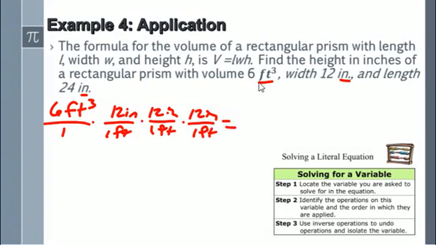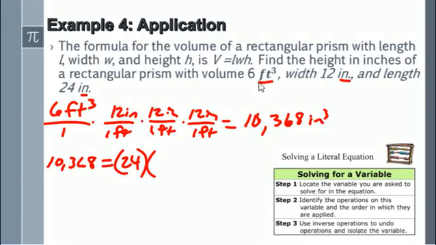So 6 times 12 to the third power would be 10,368. So this is cubic inches. If I plug that in for my V, 10,368 equals my length, which is 24 inches,